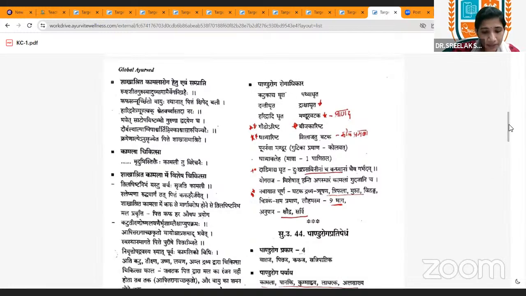Coming to the treatment principle of this Kamala, Mridu Virejana is indicated. Mridu Virejana with Tikta Dravya, and Anjana for Kamala is mentioned. That is also very important. The Anjana that is used for this Kamala is made of Nisha Gairika Dhatri. Okay, this is very important. Nisha Gairika Dhatri is used for Anjana, and Mridu Virejana with the Tikta Dravya is indicated.